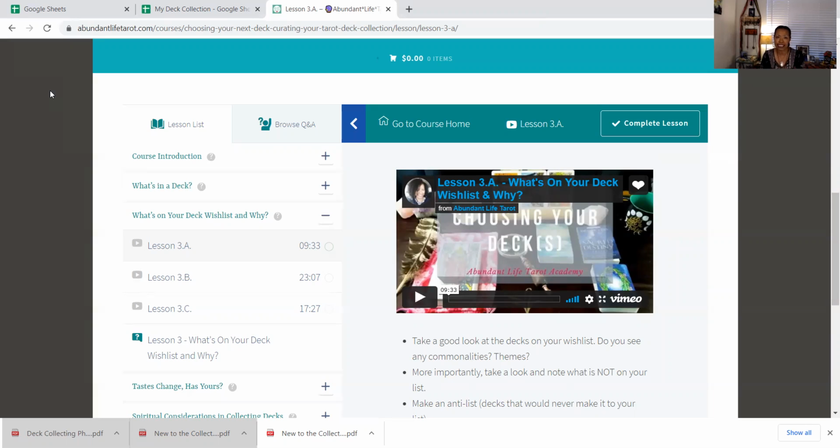Keeping it up to date is helpful because if you have a public facing wish list, your loved ones who maybe want to gift you a deck can go there for up-to-date information about what you want. Also, keeping it up to date keeps you sticking to tracking your wish list, and ultimately tracking your purchases, right?